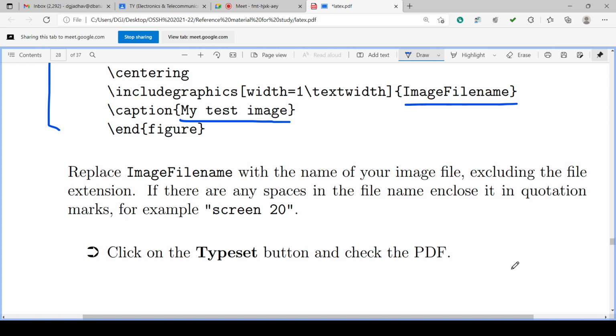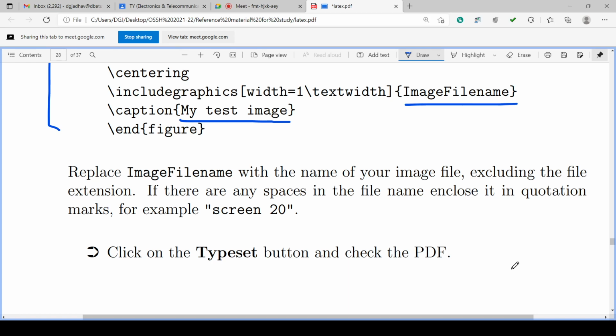So if there is any space between the names of the file of image, image we are inserting, then that space to be accommodated within that name.